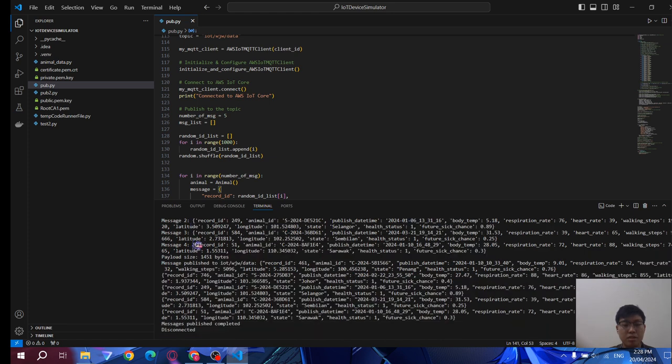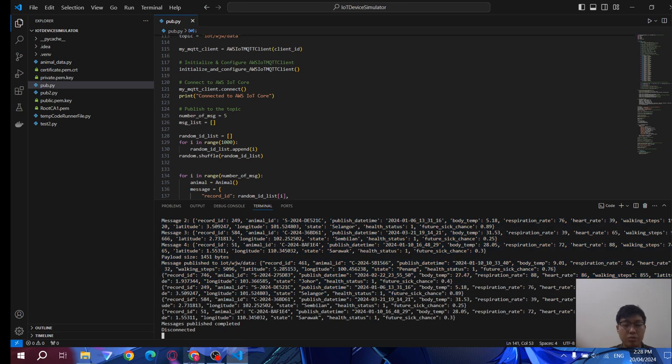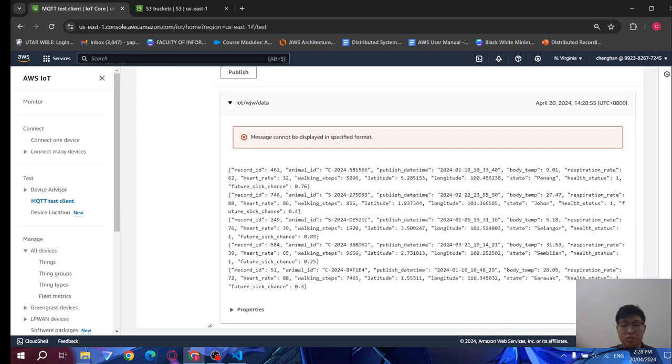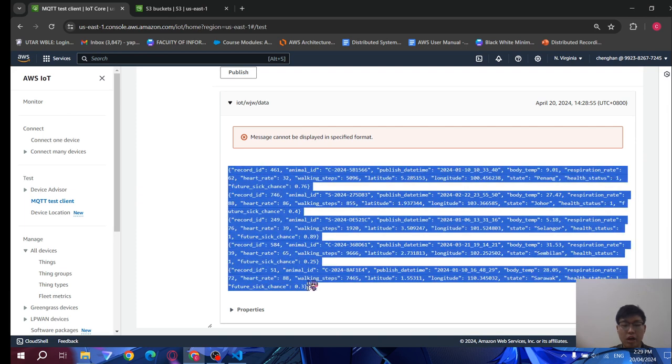As you can see, the data is successfully sent. Now let's check it at the MQTT test client. Let's scroll down and see, as you can see, the data is successfully sent to the IoT Core.